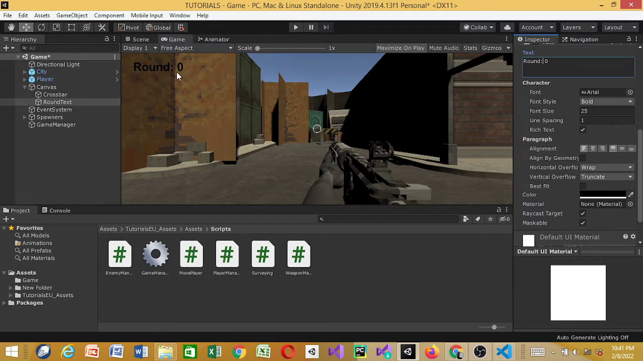But I was still gonna change this. I don't want the word round, but let's just use round first, because I need something like kills. So let's see what we got. Then I'm gonna just make sure they're aligned to the left. Then under my horizontal overflow, I'll click on overflow. Okay, then